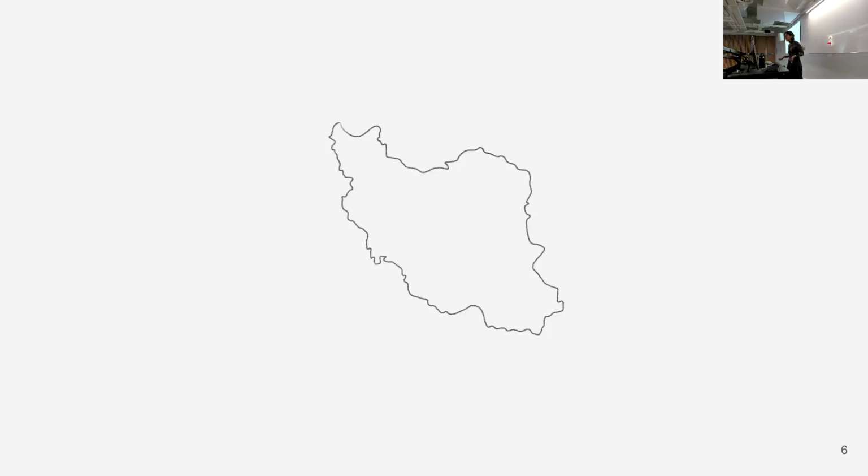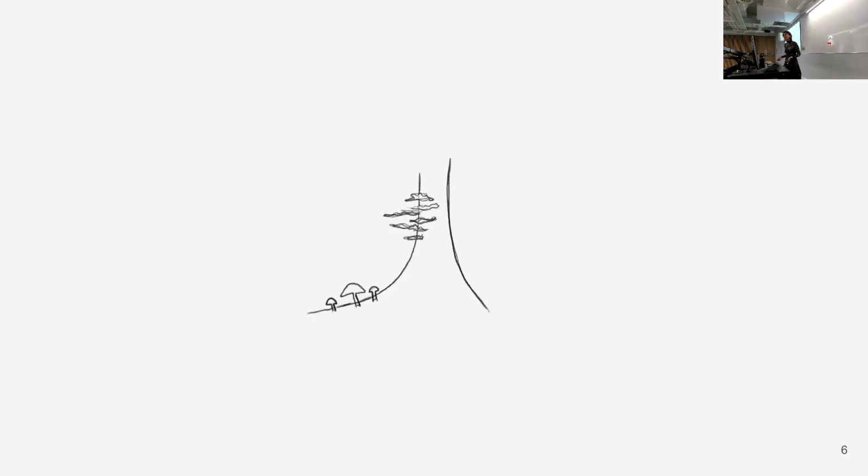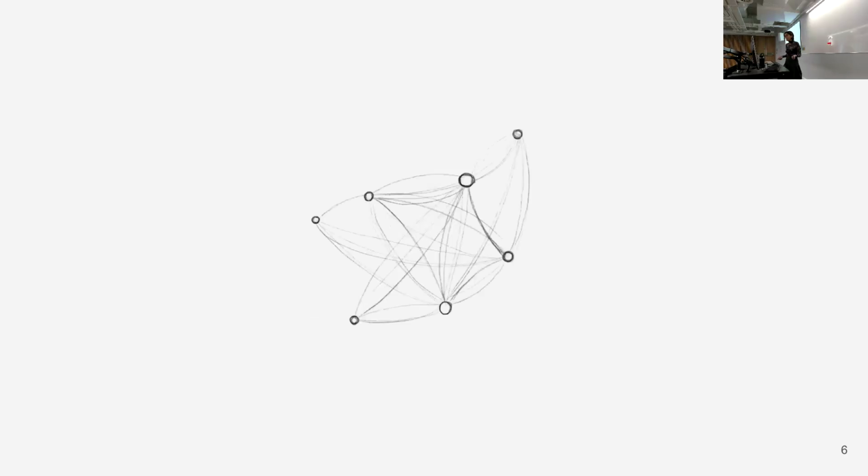Okay, got it? All right. So again, back to my tree. I pictured it with its roots, but I'm not sure where that comes from for me. You know, maybe because I'm originally from Iran, that I think about it that way. Maybe because I'm fascinated by mushrooms, or maybe because I think everything in the world is connected.